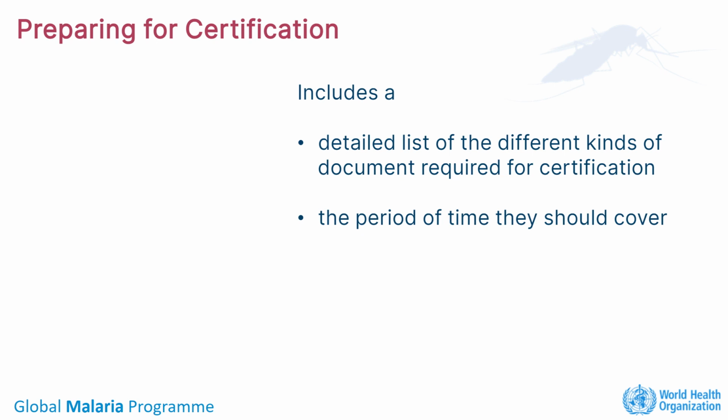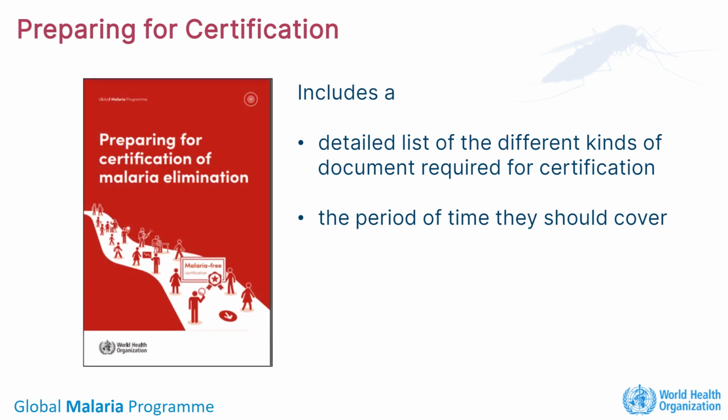Because certification depends on demonstrating key evidence to the MECP, countries with elimination goals should begin immediately to improve their document and record keeping at subnational and national levels in order to facilitate their own monitoring and evaluation, as well as the certification process. The manual preparing for certification of malaria elimination includes a detailed list of the different kinds of documents required for certification and the period of time they should cover. We won't cover everything required in detail, but we'll just review some of the key documents and records needed for